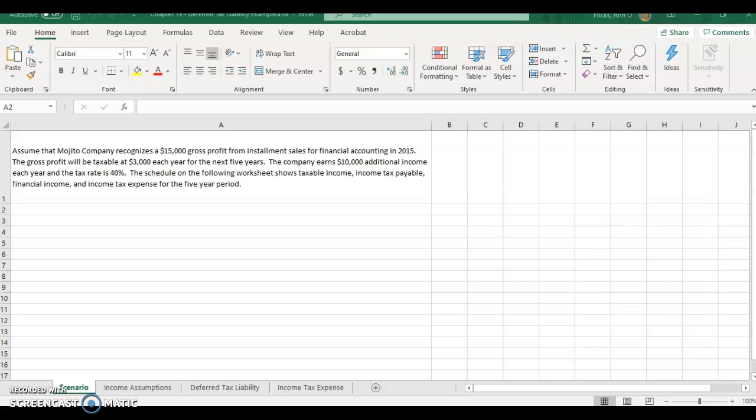In other words, income according to GAAP. The income tax payable, the amount we pay the IRS, is based on taxable income, which is calculated using the IRS code. Well, those two sources of guidelines are not the same, and so somehow we have to deal with